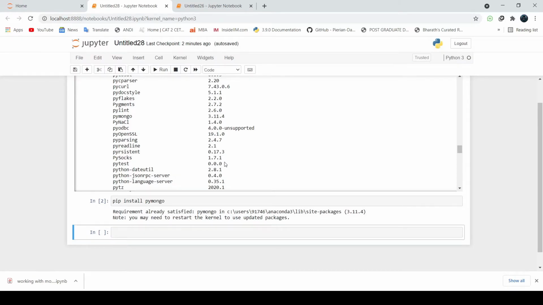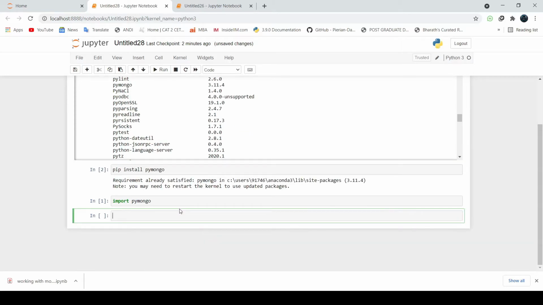Now after installing pymongo, you need to import your pymongo in this particular program. After importing, using this you can connect your Python with whatever database you want to create in this particular MongoDB Compass.